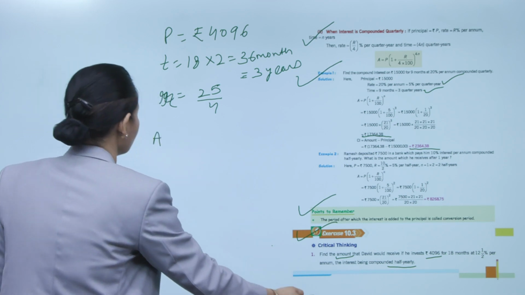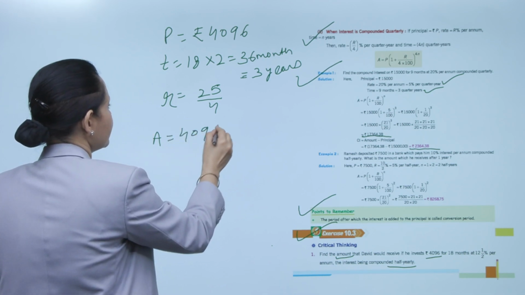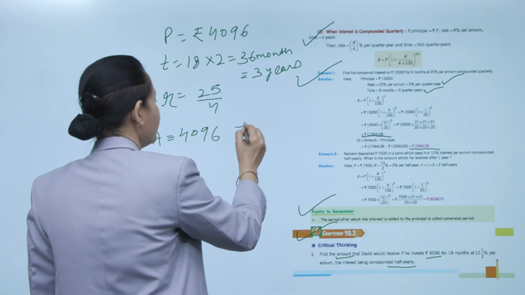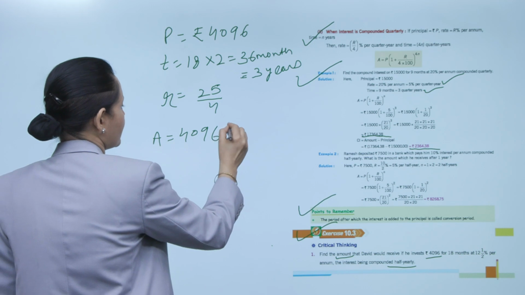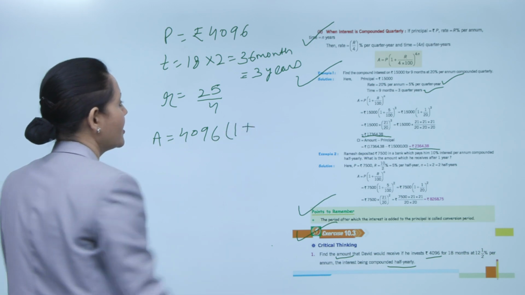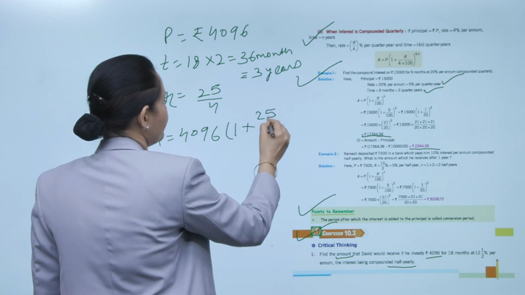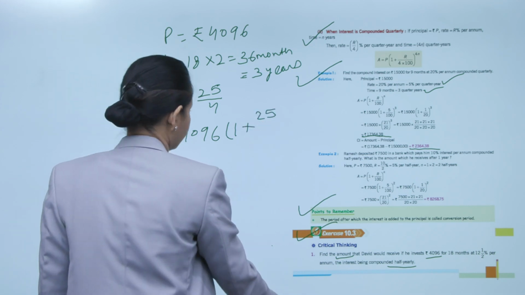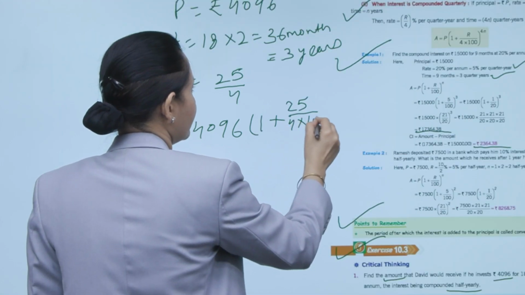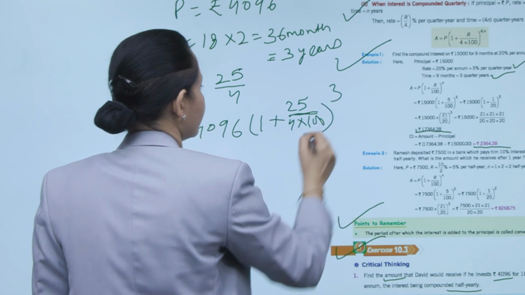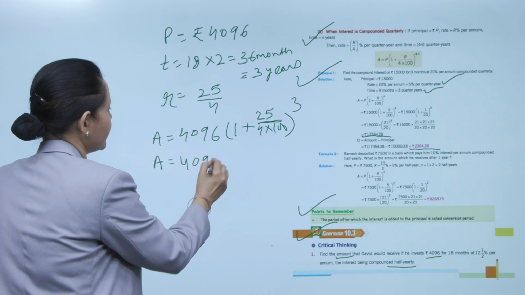So amount equals principal, that is 4,096, into 1 plus r upon 100. So 25 upon 400, that is 4 into 100, to power 3. So amount equals 4,096